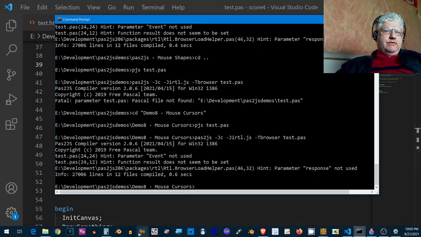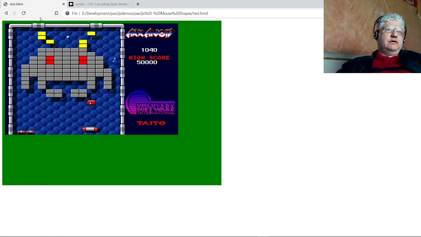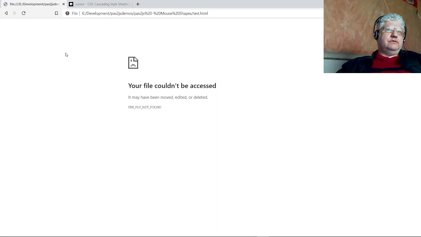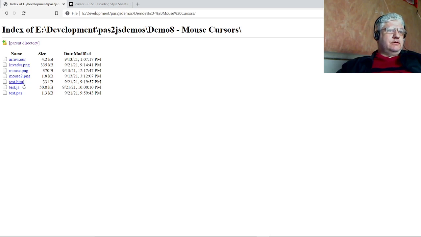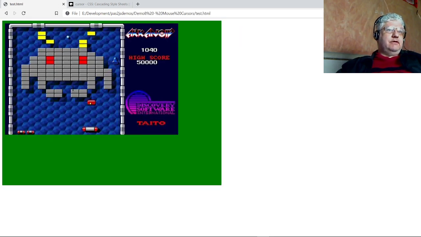And let's try reloading that. Of course, it's not going to work. Here we go. Here's the new mouse cursor. It's a crosshair. So if we move out and we move back in,